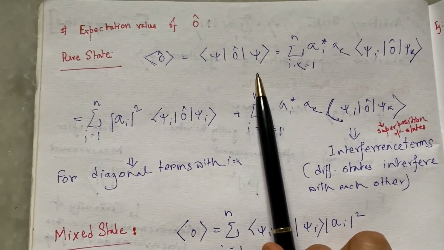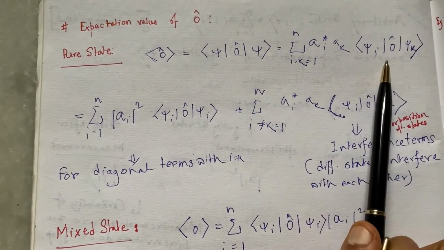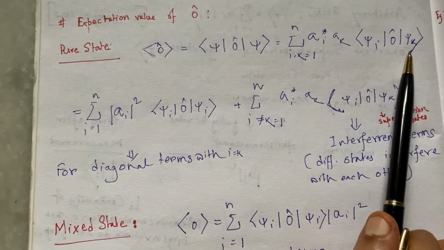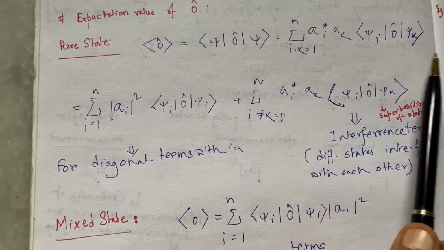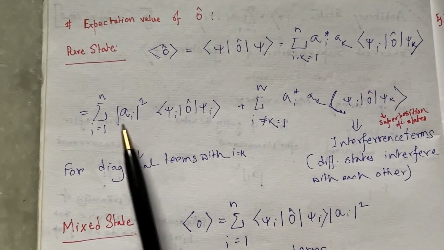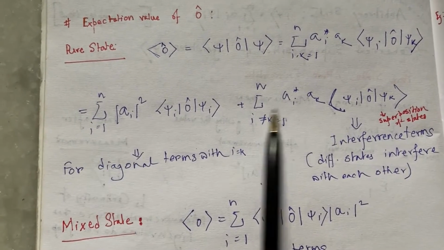And psi, in terms of the component wave functions, that is psi i and psi k, are written like this. And this term can be broken like this,